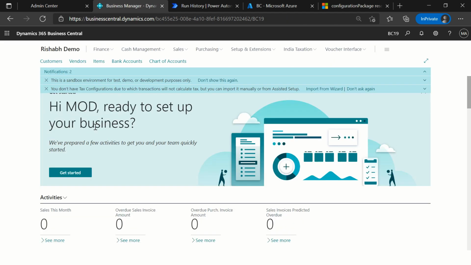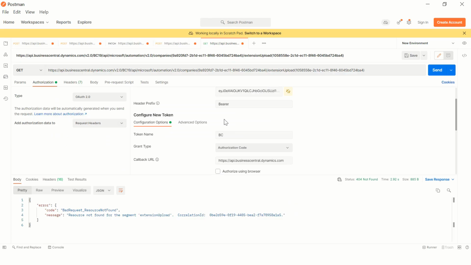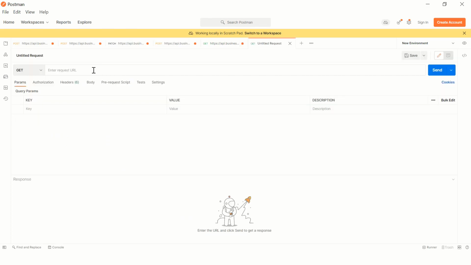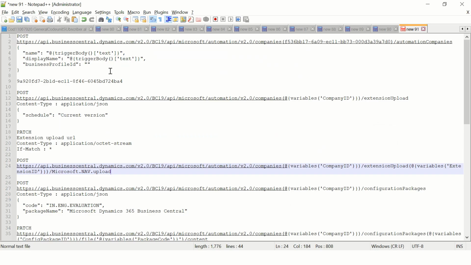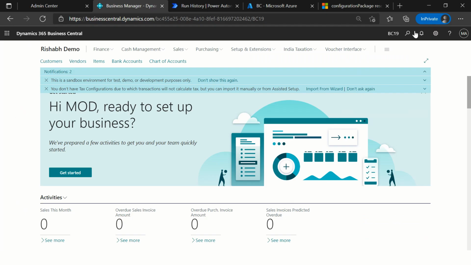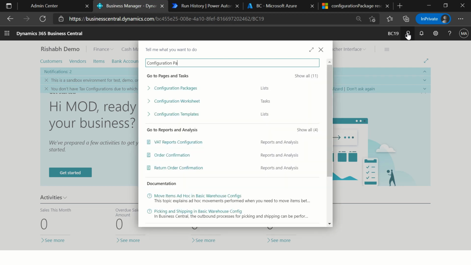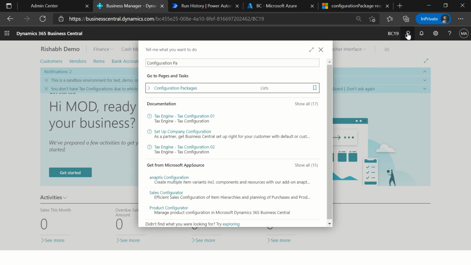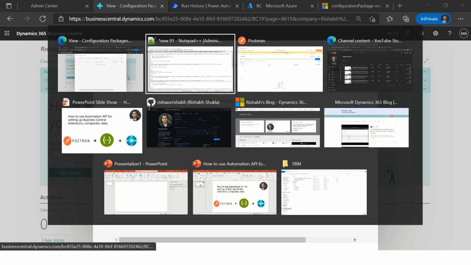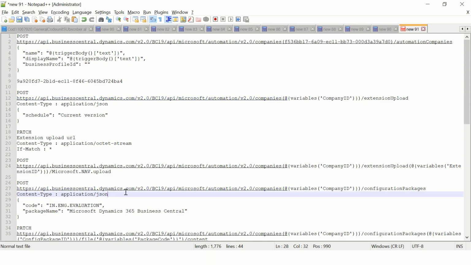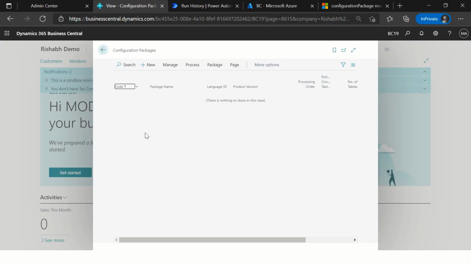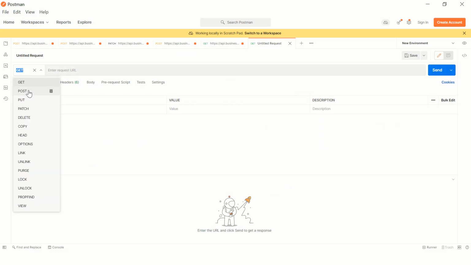So far we have an extension, we have a company. Now the next step would be that we will try to import our configuration package. So for doing that, I'll show you first if we have any configuration packages on this. So in this company, I'll go to configuration packages. So we don't have any, right? So the first thing that you have to do is create a new configuration package record. So for that you have to call an API post,